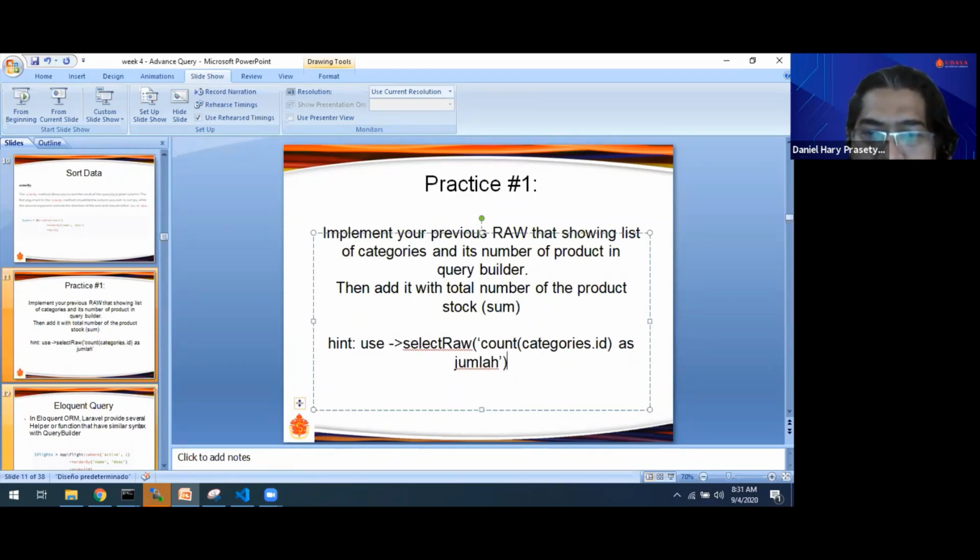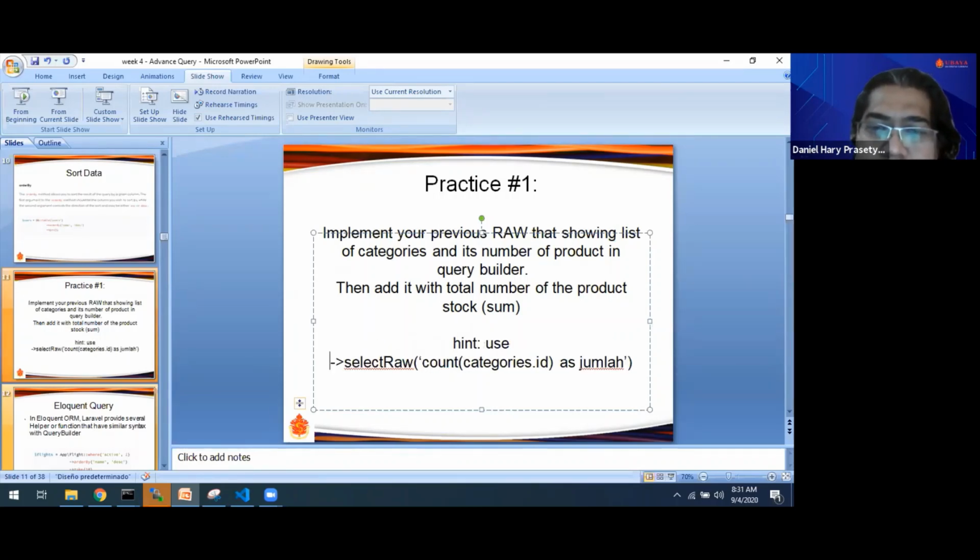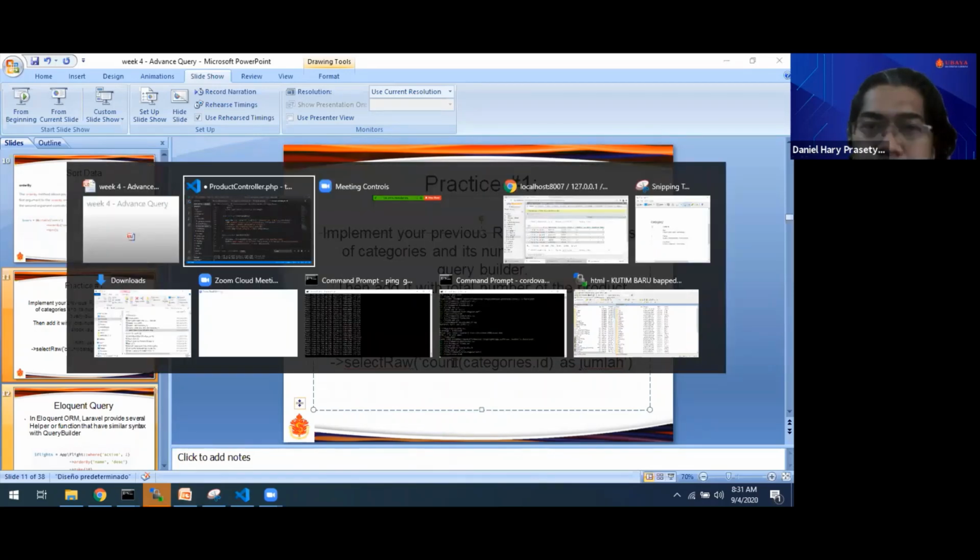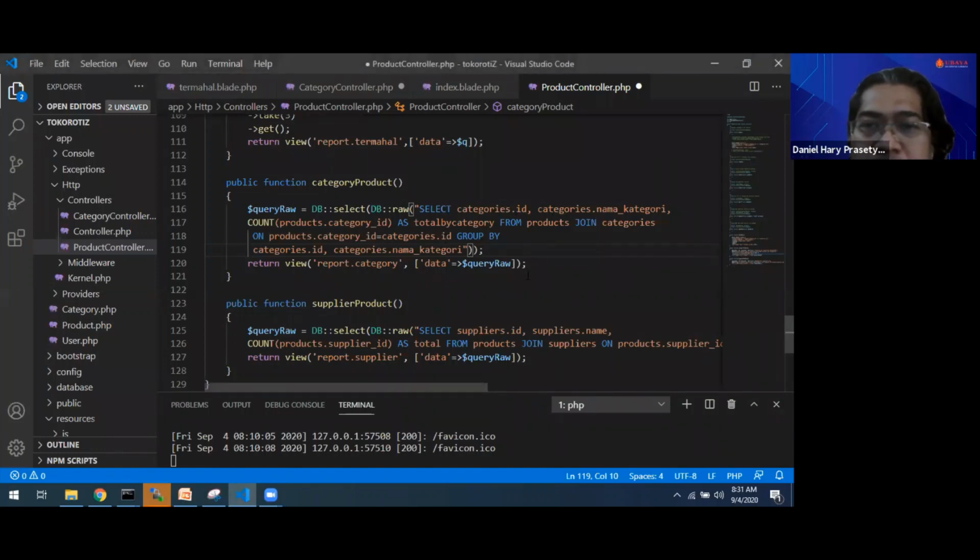Okay, you can use this one for counting the aggregation field. Select raw. Okay, we will try first without the aggregation, just the category name and category ID.